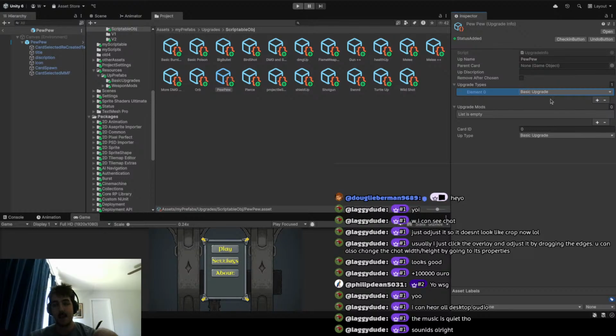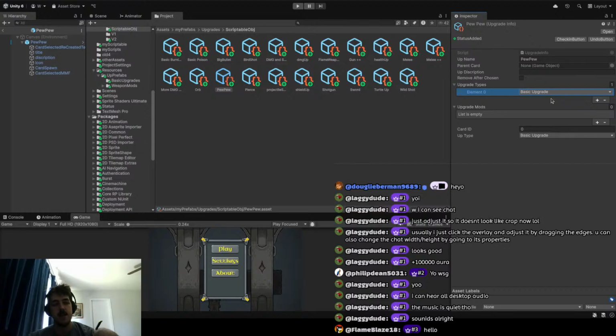If it's a basic upgrade, that means it upgrades a base stat. This can't be the stat of an individual weapon. That doesn't work. You can't add a weapon with this upgrade type. This has to just be a basic stat that you're upping. Basic upgrade, and then